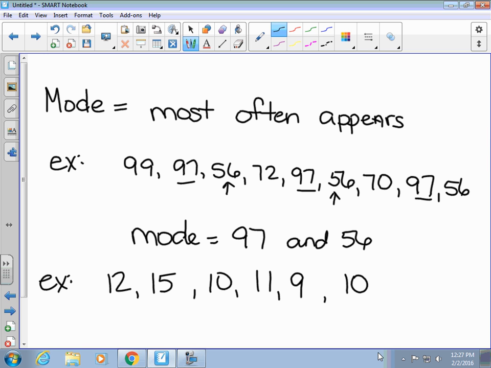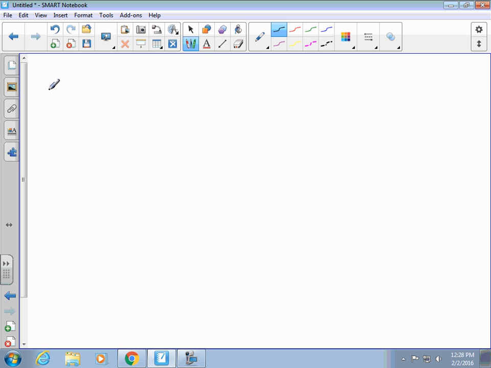I think mode's the easiest because you just get to look at it and come up with the answer. There's nothing mathematical rather than you've got to count. And we've been counting since probably before we went to school. So that's our easiest skill that we can do. Now some of you have got that down too much. Alright. Mode is good to use